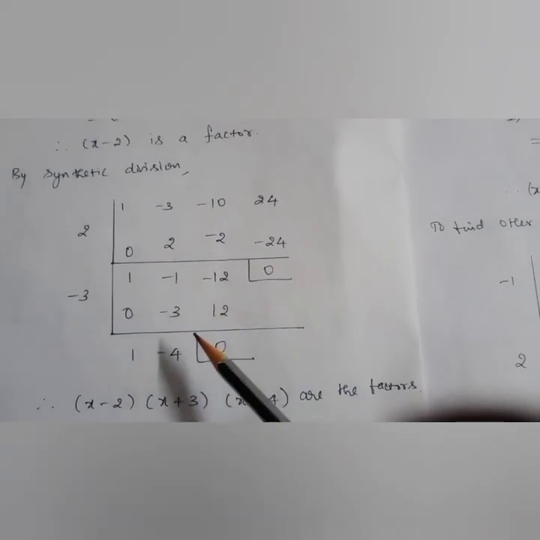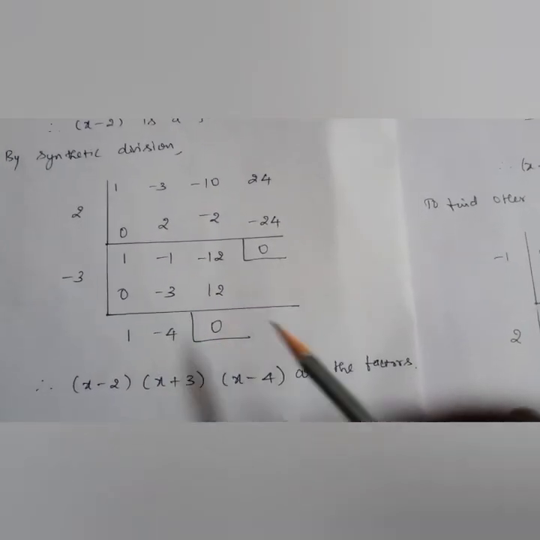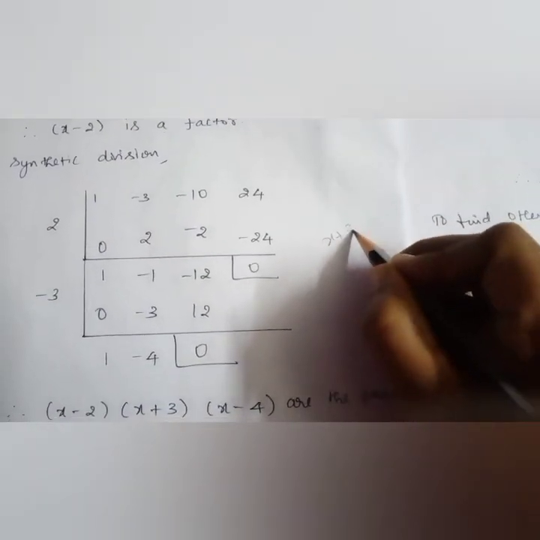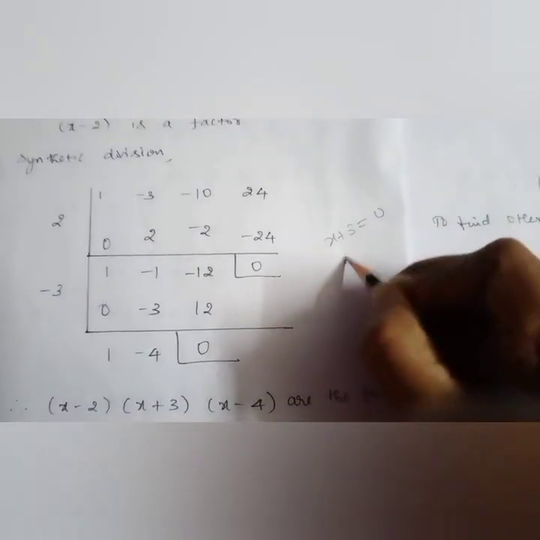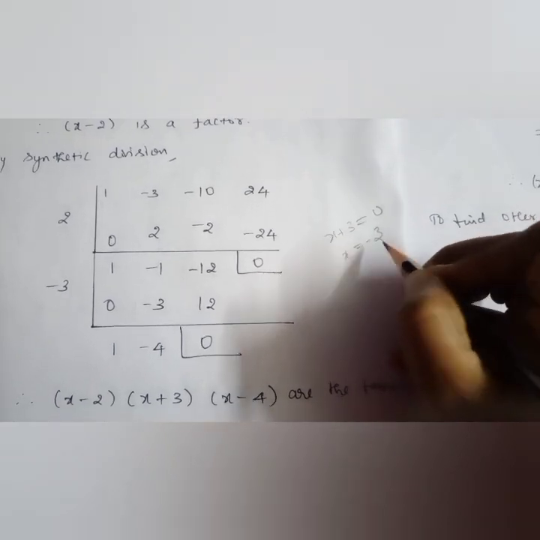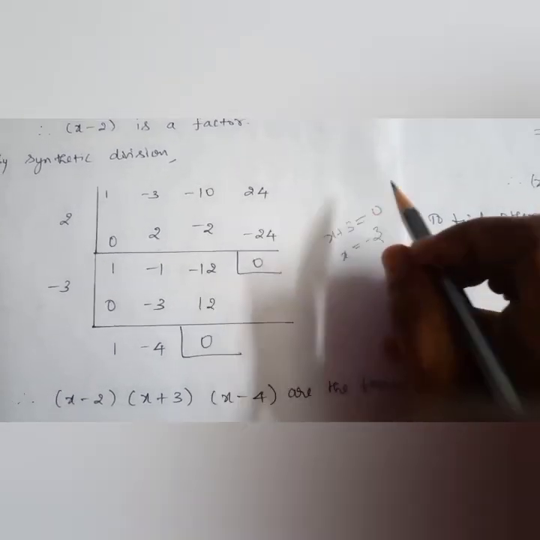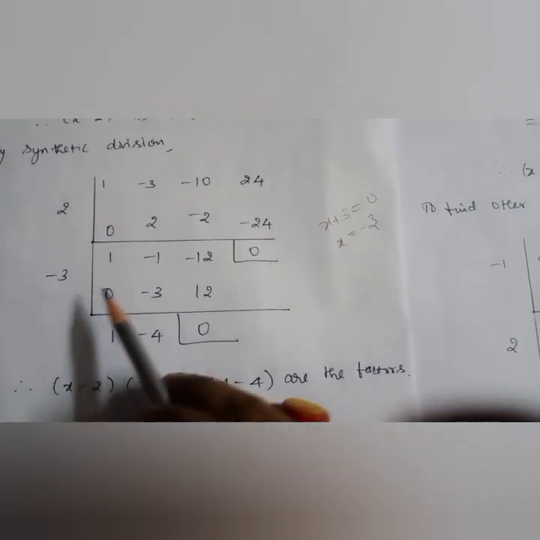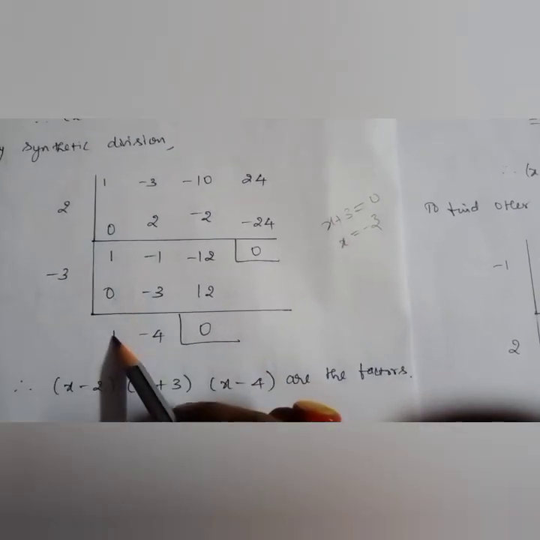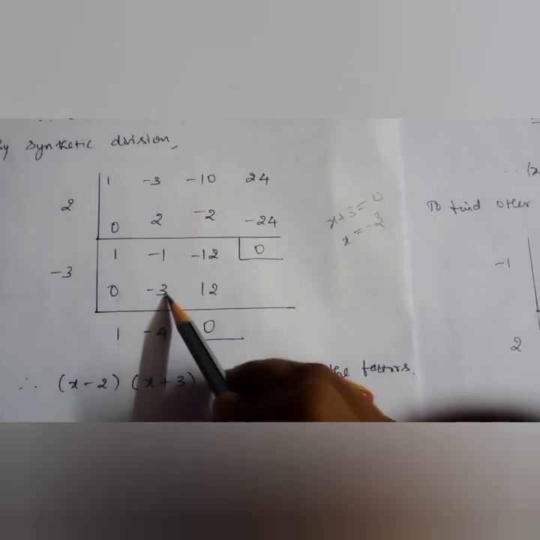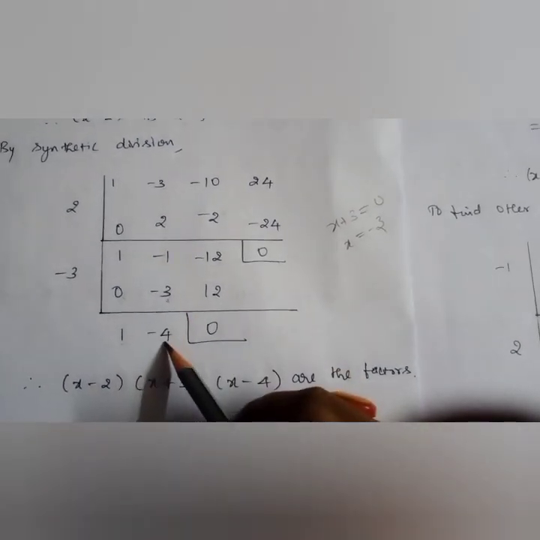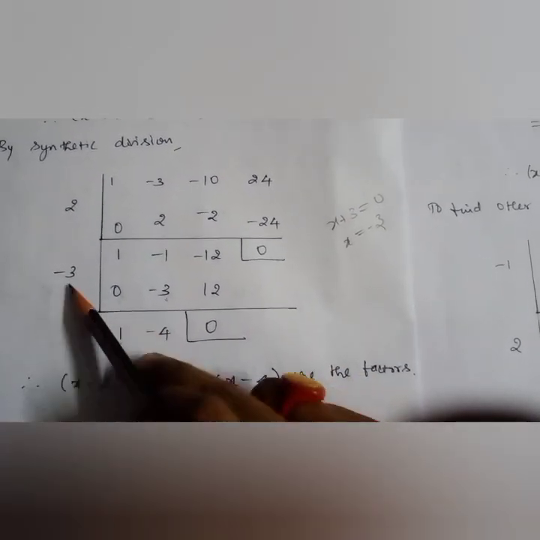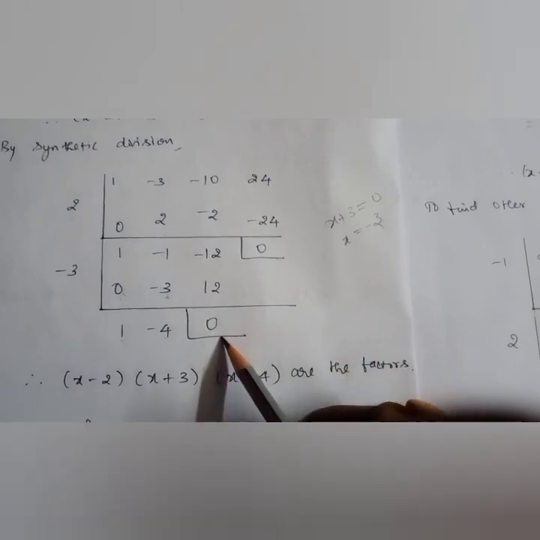Then I will go ahead with x plus 3. If I am going to check with x plus 3, I will equate it to 0. Then x is equal to minus 3. Means I will substitute minus 3 in p of x, which turns out to be 0. So I am going to use the synthetic division. So again 0, 1 plus 0, 1, minus 3, 1, minus 3, minus 1, minus 3, minus 4, and again multiplying here, minus into minus plus 12, so 0.